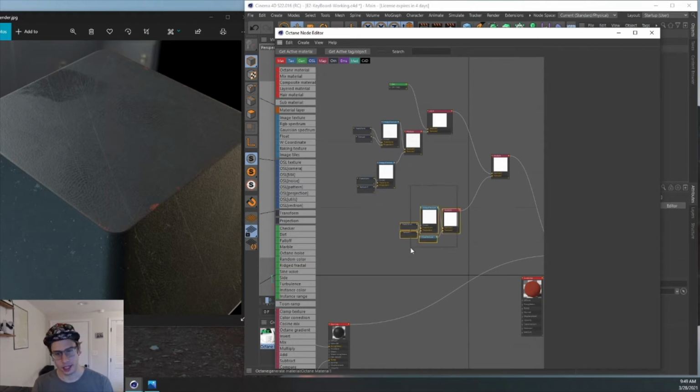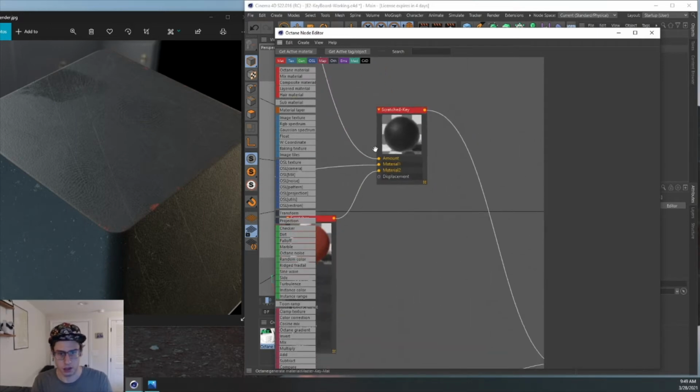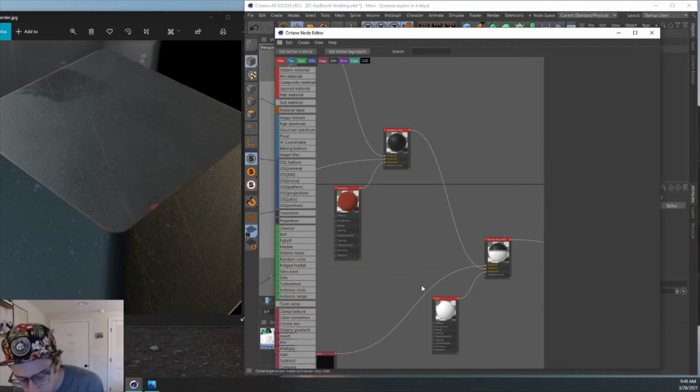And that being added to the dirt map texture makes it more uniform across the key, makes those scratches and that little red material show up across the whole thing, but the majority of it is on the edges. And that's all being fed into our mix of this mixed material. All right, that's most of it. The last detail, which took me a while to figure out, and I had to mess with things until I got it right,